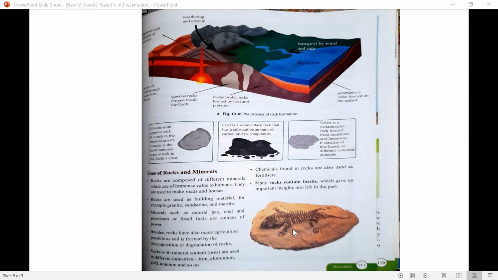As you can see in the picture given here, it has a lizard-type creature on it, and this helps historians and archaeologists study this fossil and this rock to take evidence from it. As we have learned this,